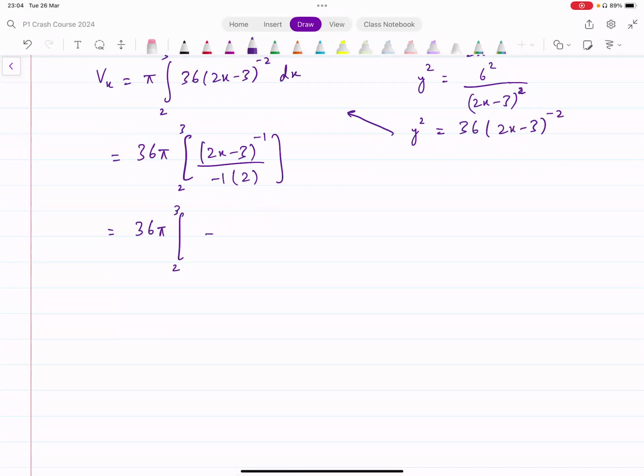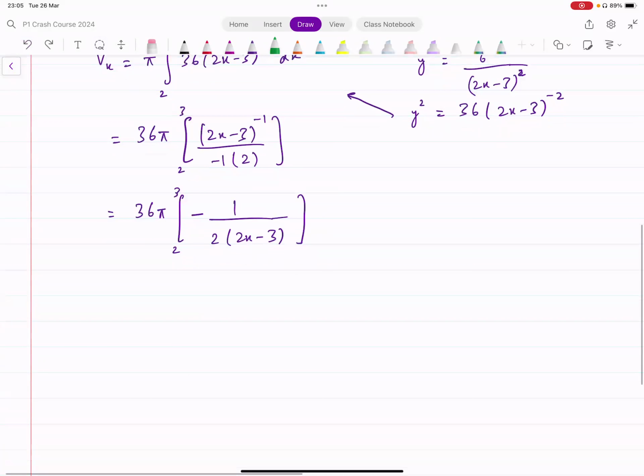So this negative sign, we can write that here, minus into (2x minus 3) whole raised to power minus 1. Actually, write that in the denominator as well. Minus 1 over 2 into (2x minus 3) whole raised to power 1. Right? That's what the function inside is. It helps to simplify it first before you input limits, because dealing with negative powers becomes a bit complicated sometimes. I just took that numerator with negative power to the denominator, and I got something like this. Now you can input the limits,